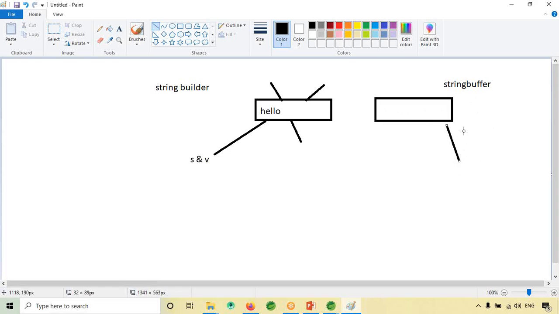So one operation is performed, then another, one after another, one after another, like that. It will work like this in string buffer. String builders are faster than string buffer. Why? Because in the other one,